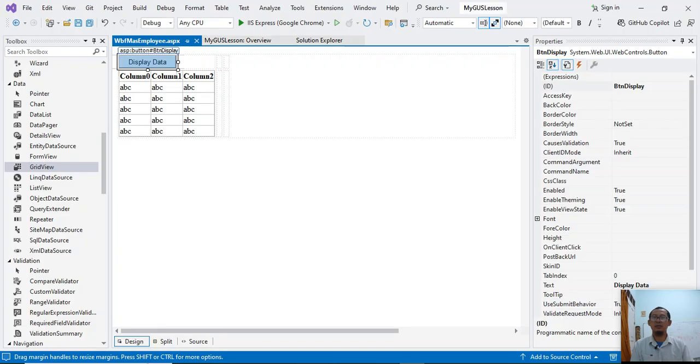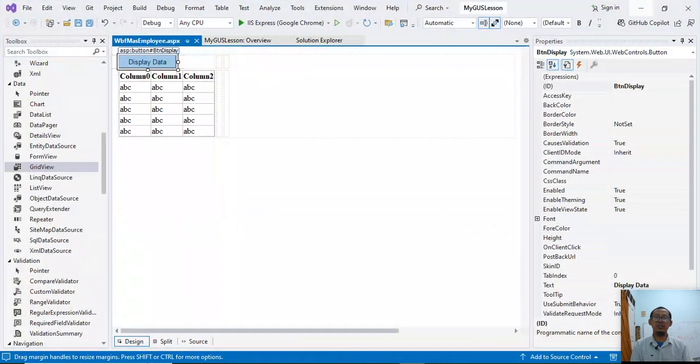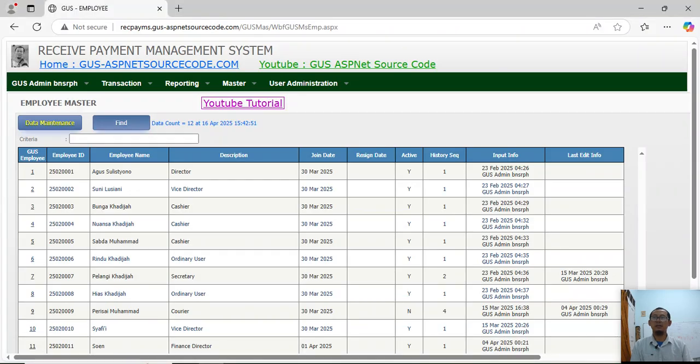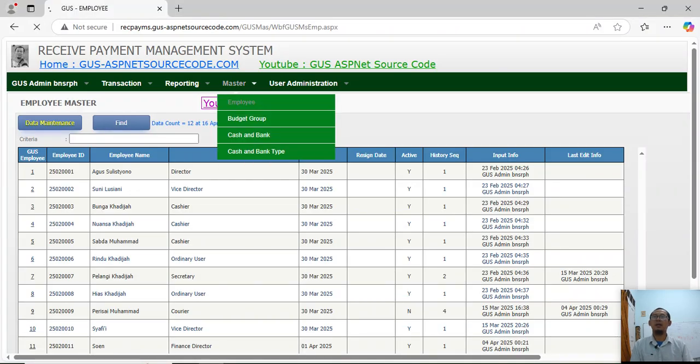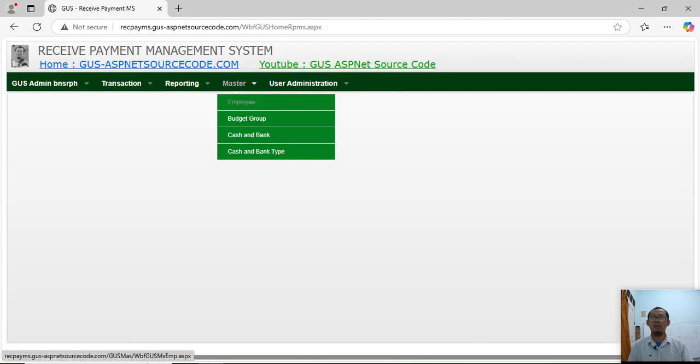Now let's try to display this data into our web application. Double click, for example, let's see my application here. Master employee.